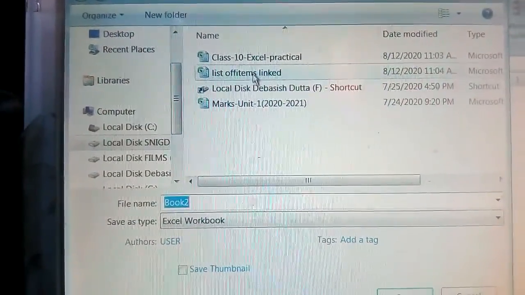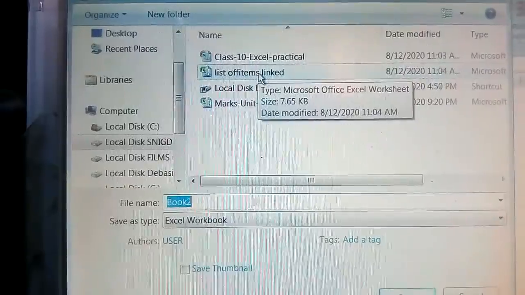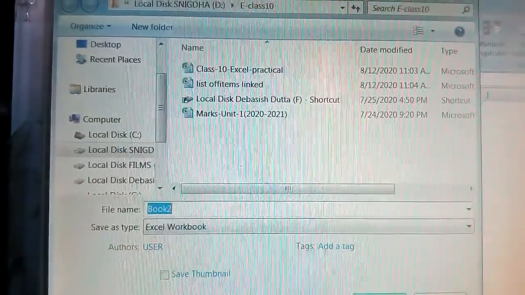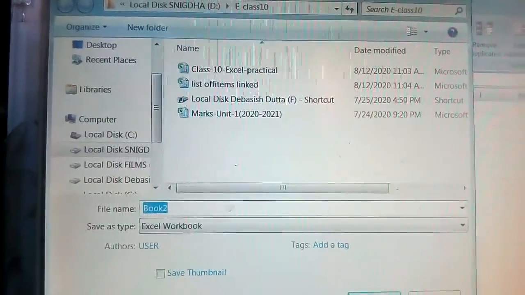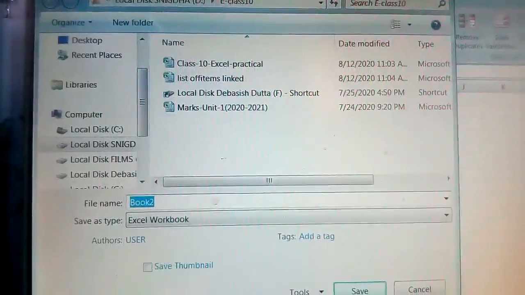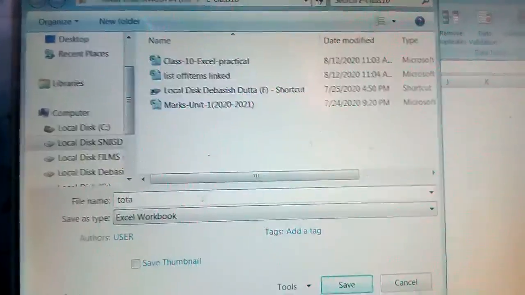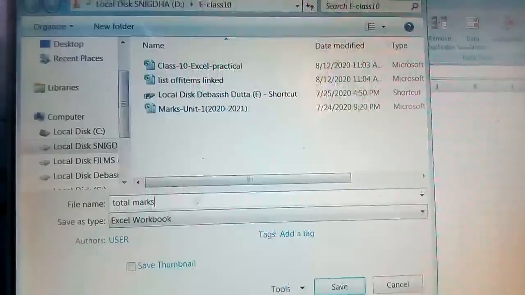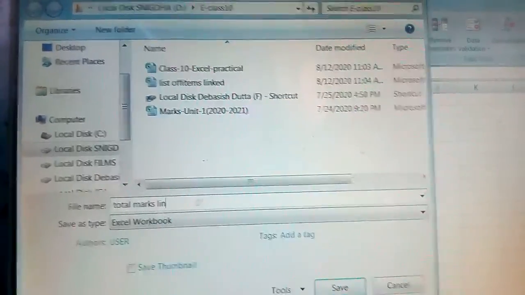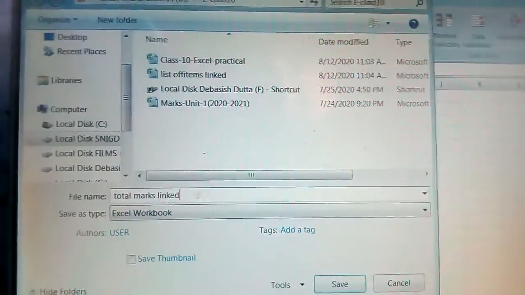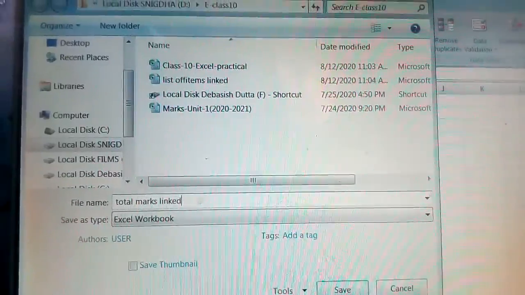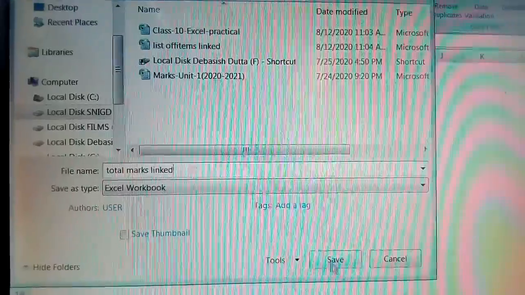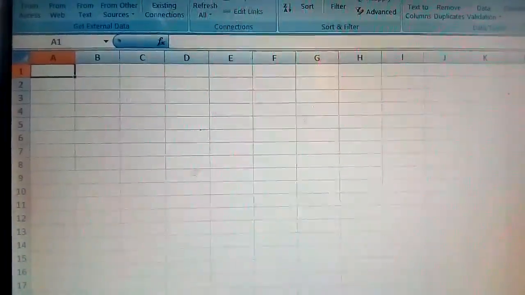So suppose here you can do total marks linked. Okay, I have given this name, total marks linked. Now save it. Done.